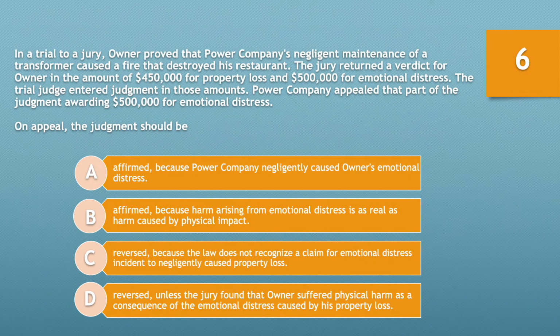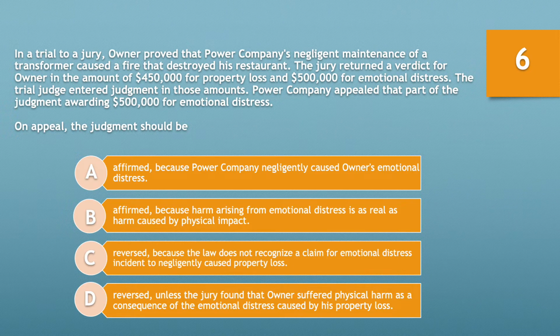Question number 6. In a trial by jury, owner proved that power company's negligent maintenance of a transformer caused a fire that destroyed his restaurant. The jury returned a verdict for owner in the amount of $450,000 for property loss and $500,000 for emotional distress. The trial judge entered judgment in those amounts. Power company appealed that part of the judgment, awarding $500,000 for emotional distress. On appeal, the judgment should be